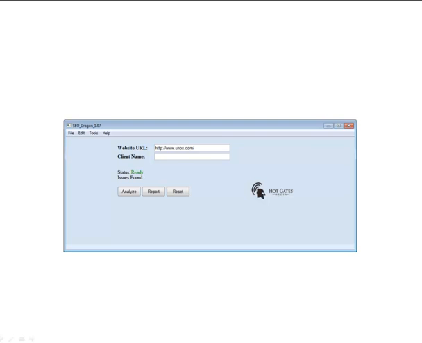Hey folks, we're going to cover some of our software and then also go over the reports and some of the things that we can do with this software and then how you might affect the changes on your site or your client sites. So what you see before you is the very simple user interface of the SEO Dragon